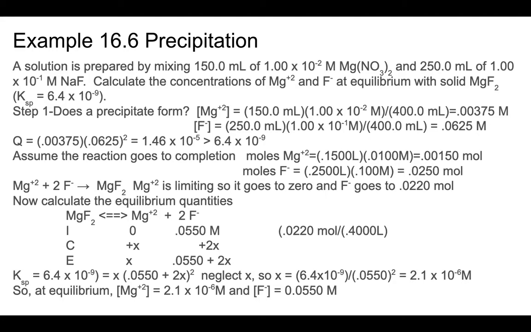Magnesium is limiting. It goes to 0. The fluoride is going to go from 0.025 to 0.025 minus 2 times 0.0015. So if you work that out, put it down on paper, work it out, you get 0.022 moles of F minus left over. It's in a 400 milliliter solution, so when you divide 0.0220 by 0.4, we get 0.055 molar